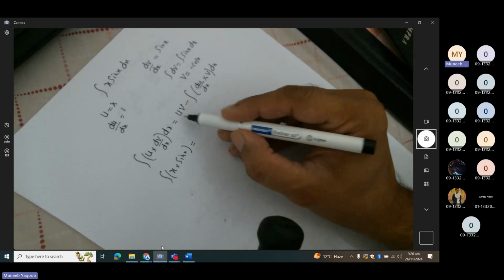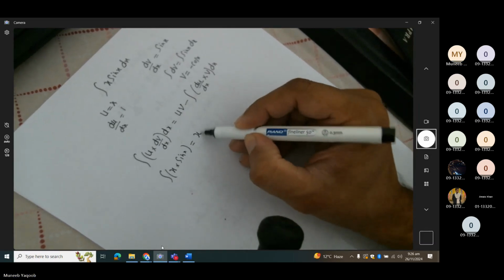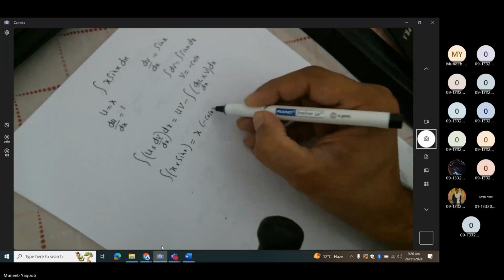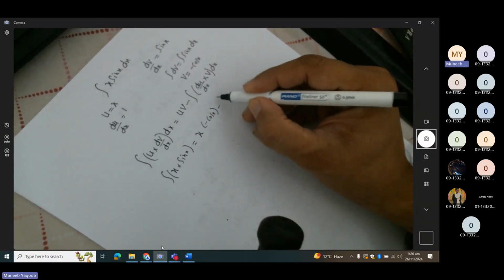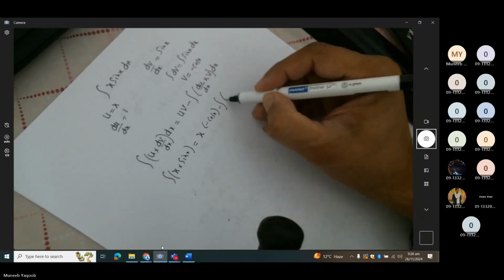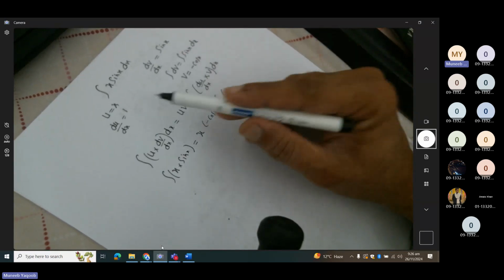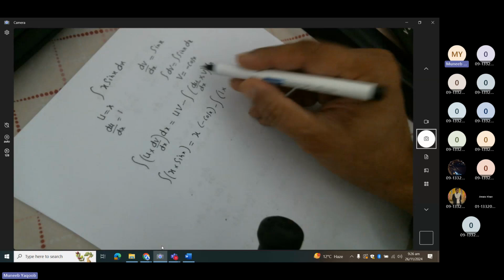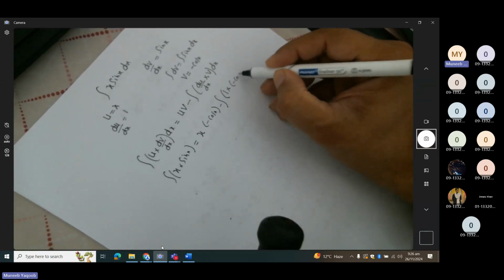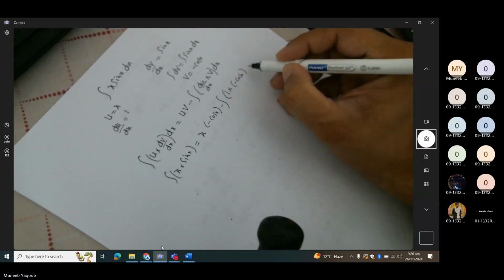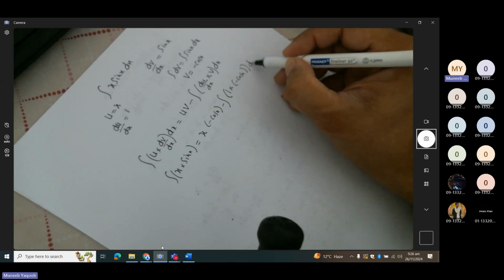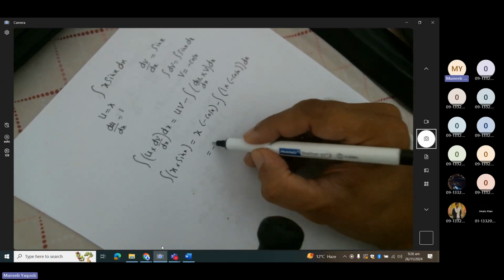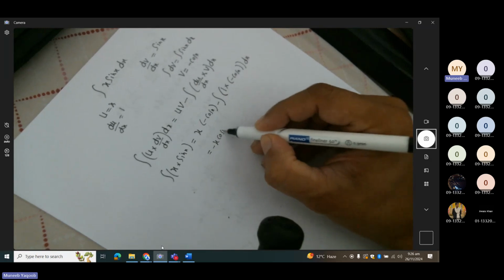Now in the answer, our u is x, our v is minus cos x, minus an integration from the formula. And in place of du by dx, since du by dx is 1, we will write 1 multiplied by v, v is minus cos x dx. So it will become minus x cos x,